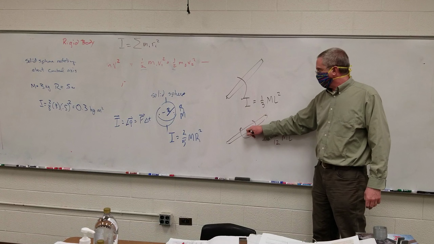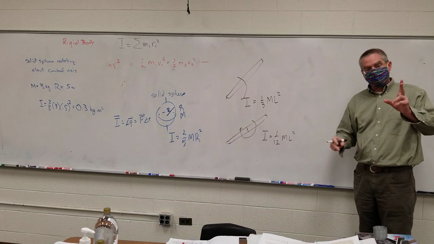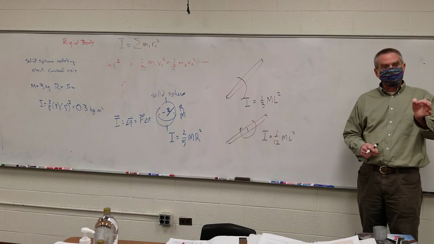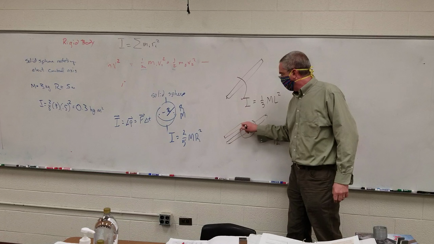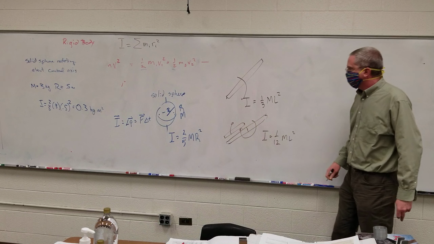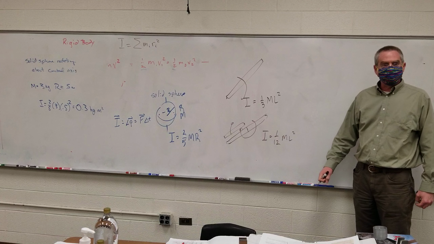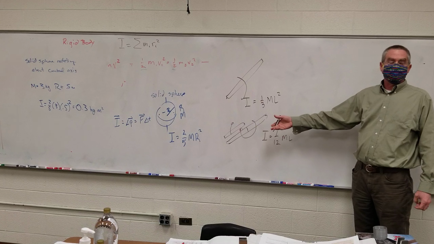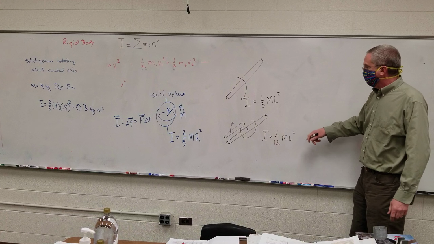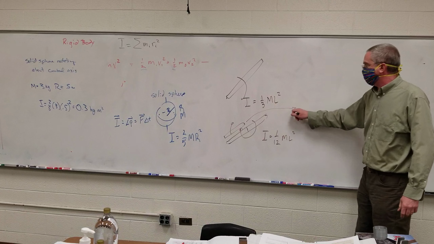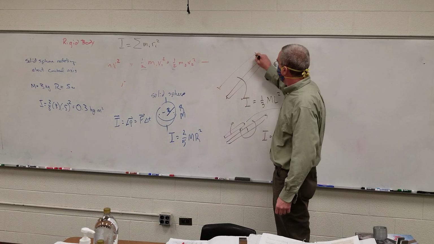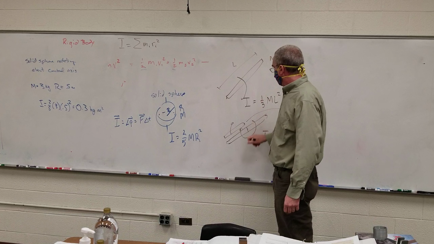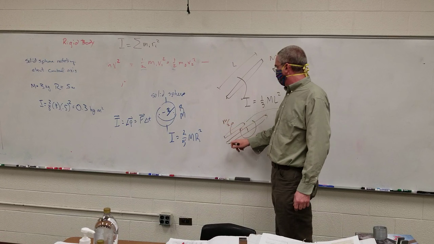Okay, if I treat this as two rods rotating about their endpoints instead of about the center, then if I just look at one of them, the length is half of what the length was, and the mass is half of what it was. So I could treat the moment of inertia of this half bar: the whole bar has length L and mass M, and this half has mass M over 2 and length